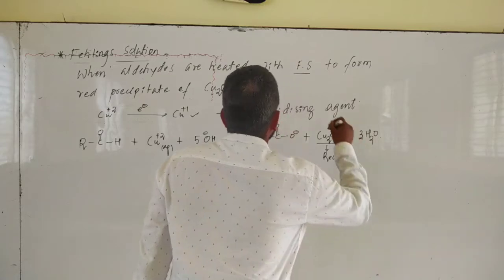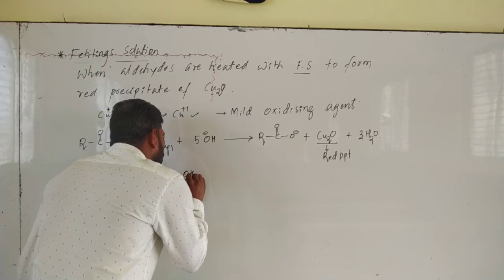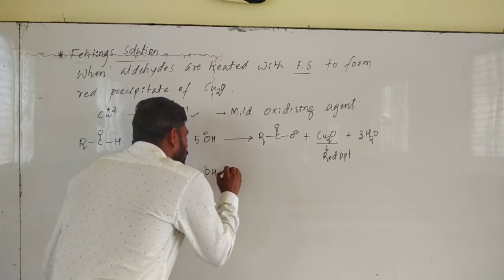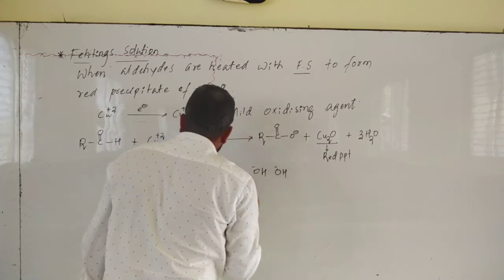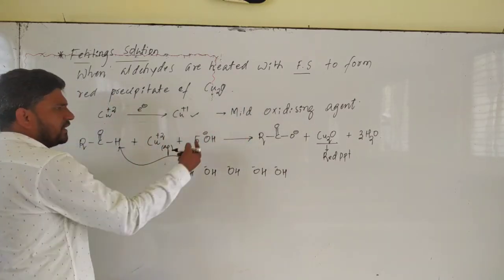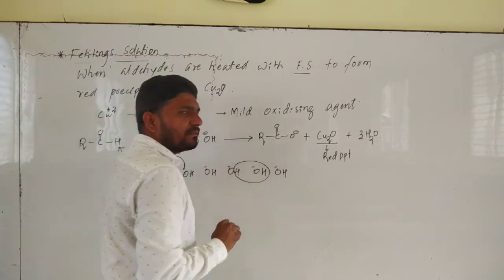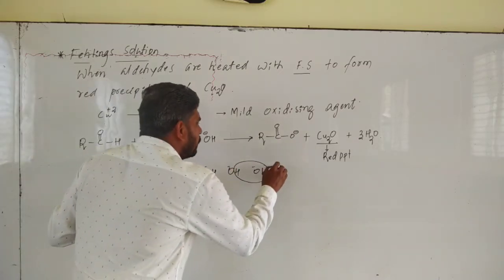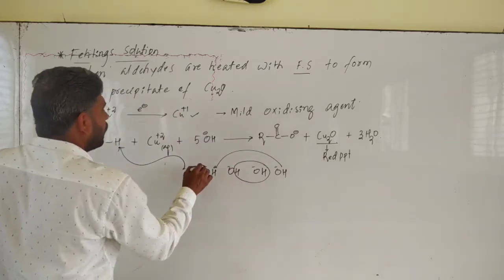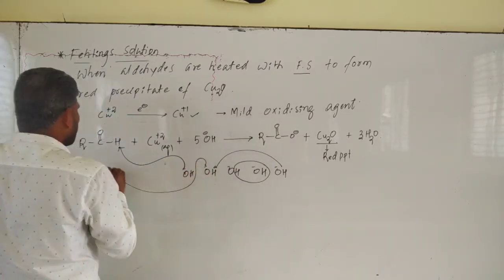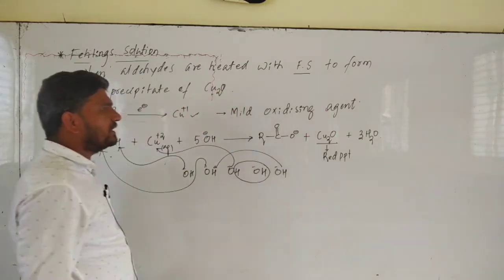This is very simple. How many OH minus ions are there? 5 OH minus ions are there. Out of 5 OH minus, listen, 1 OH minus takes this H plus. It becomes H2O. Another OH minus with H plus becomes what? H2O. How many O2 minus? 2 O2 minus. 1 O2 minus combines with this aldehyde. Another O2 minus combines with copper to become what? Cuprous oxide.